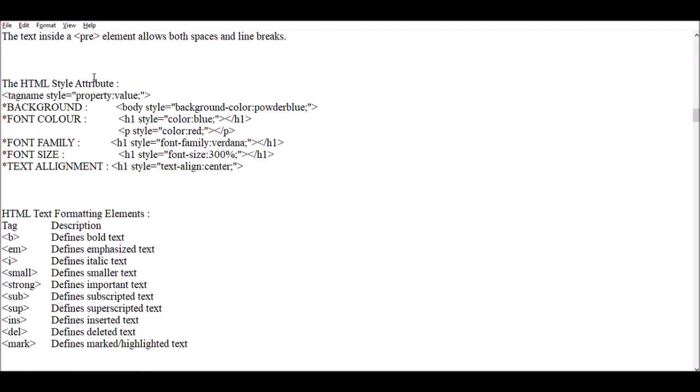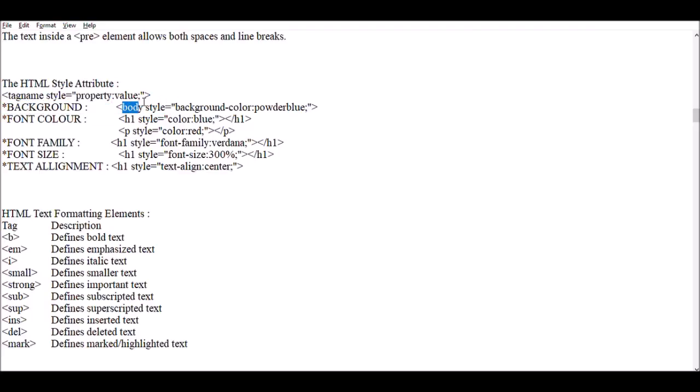Now if you want to add some styling in the HTML page, then you must use style as an attribute, which is called inline CSS. If you want to change the background of the body, or you can say change the background of the complete web page, where inside the body you write the whole content of your web page, then you must use the style attribute of the body element.